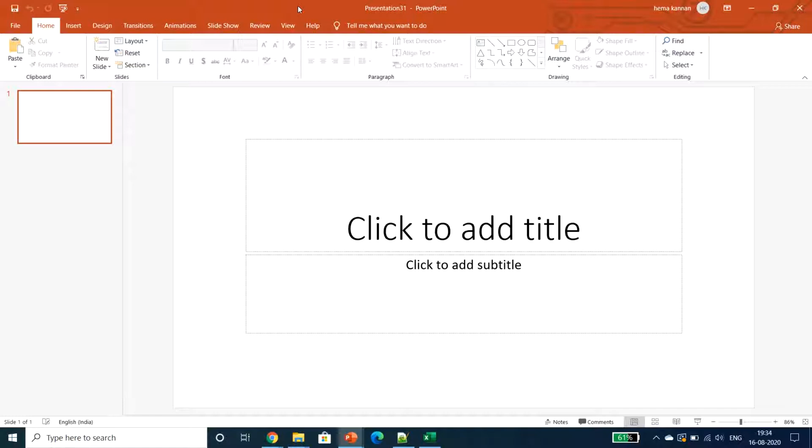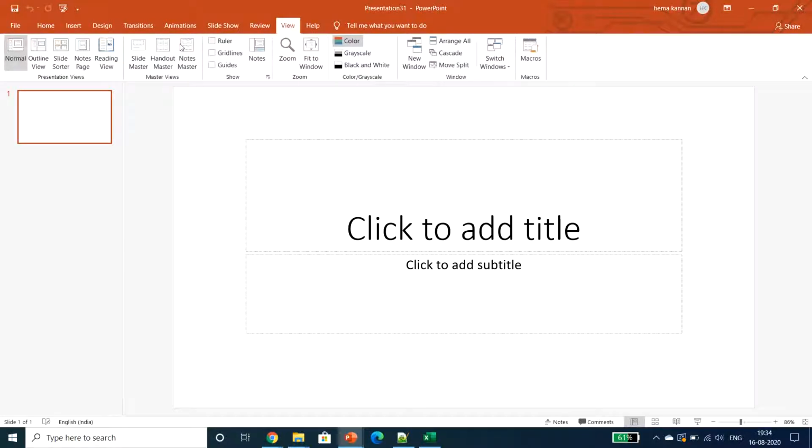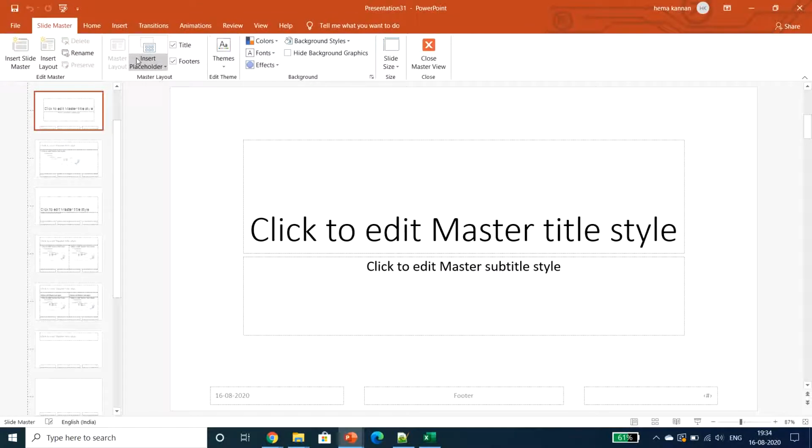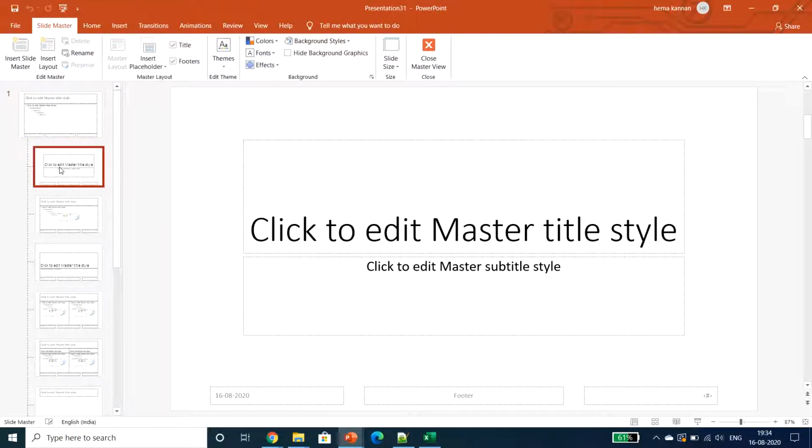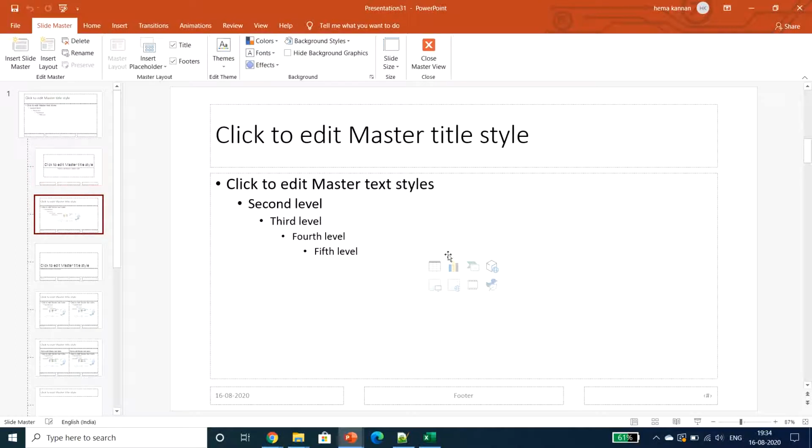In the slide master, once we give the pattern, it will be applied to other slides also automatically. Let's see the magic. View, slide master. In the slide master, this is the header style, that is the title style. These are the titles. So in order to make any edit, you can edit in the title style, and this is the content style pane.